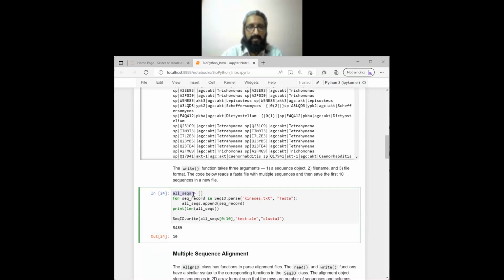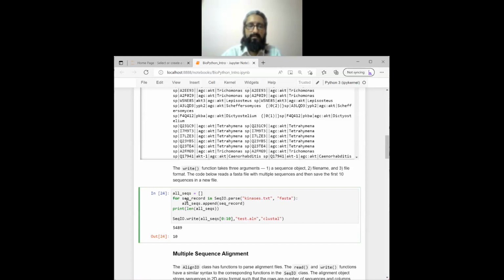We're calling it all_seqs. Again, this is a variable name, and it could be anything. Then we use the same for loop: for seq_record in SeqIO.parse(file_name, file_format): and then instead of printing the description and sequences,